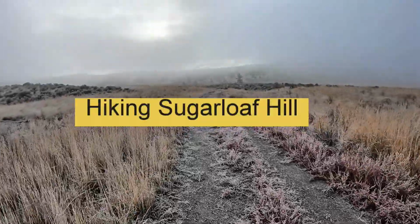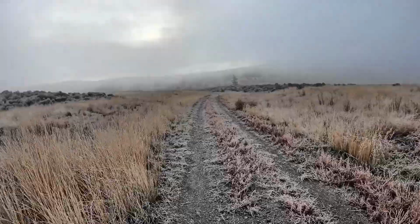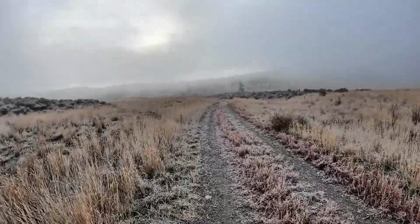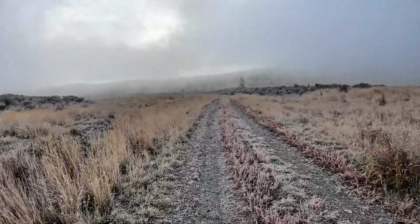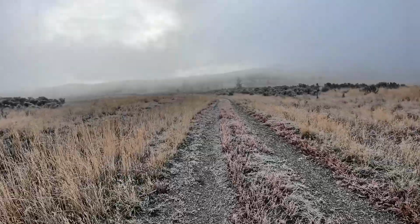I'm just heading up now to the top of Sugarloaf Hill. It's a little bit foggy down here at the bottom. Sun's trying to break through. It's around 0 right now, but a little bit of frost on the trees and some of the shrubs in